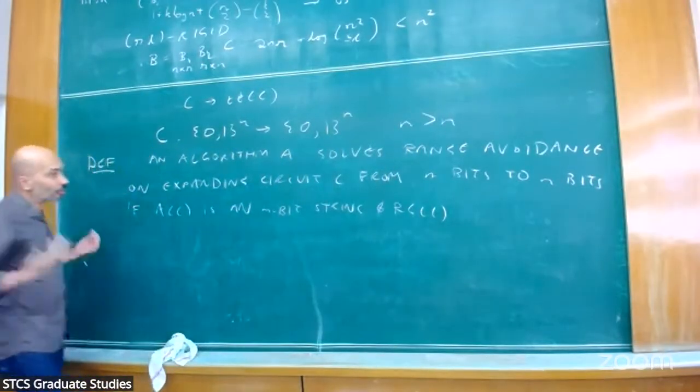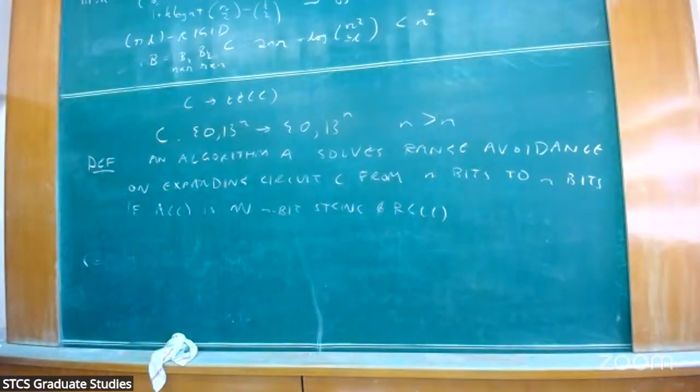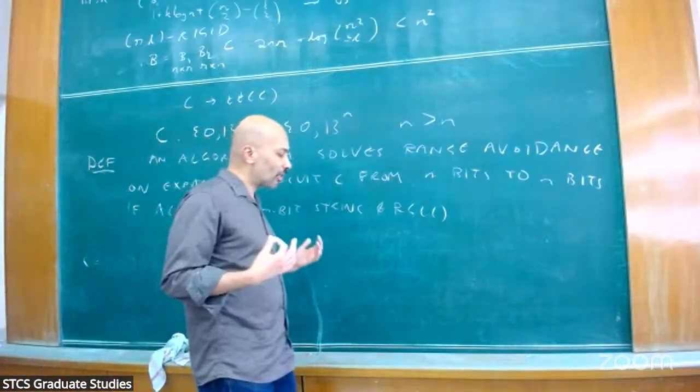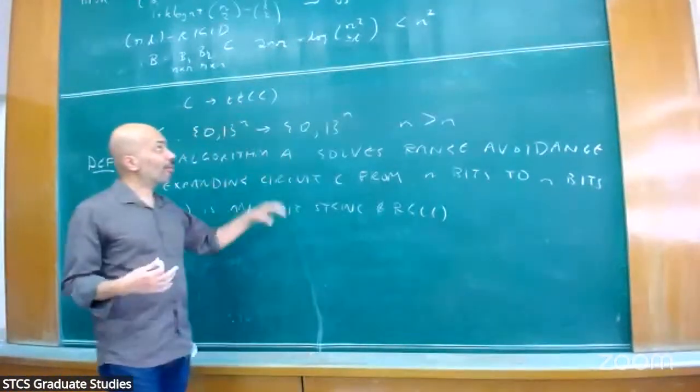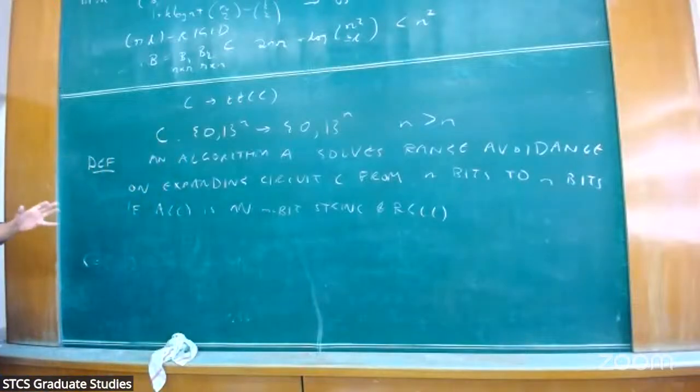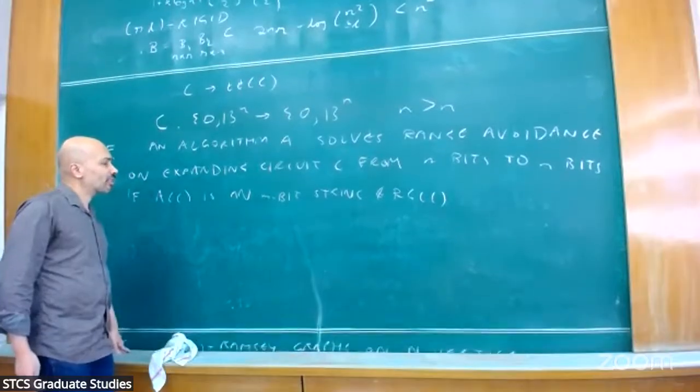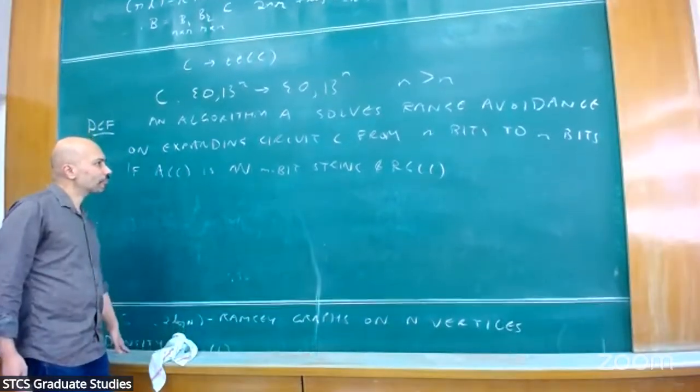So now, how do we solve range avoidance? Is it the case that under complexity assumptions we can solve range avoidance? Here we are using some stronger property of these applications of the probabilistic method, namely that they give you efficient decompression algorithms. And so maybe now that can be leveraged to give evidence for explicit constructions. Well,